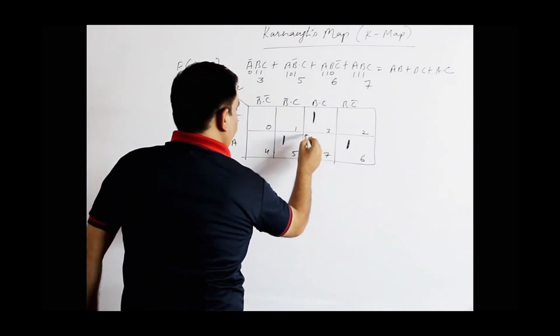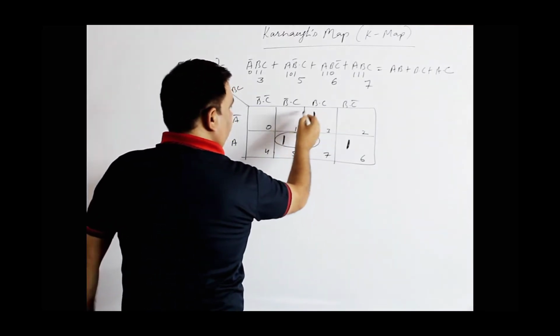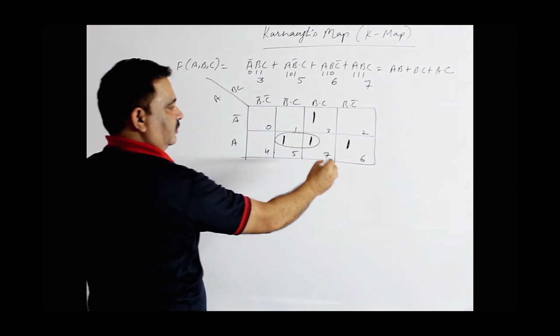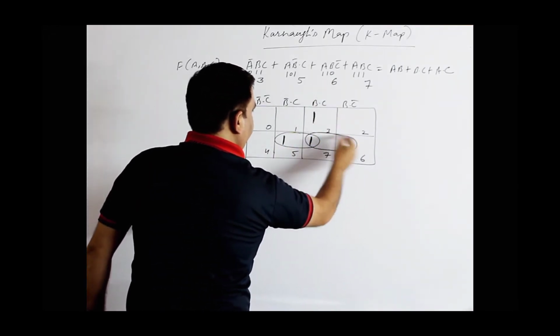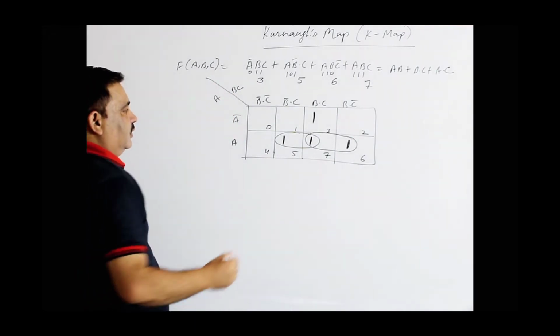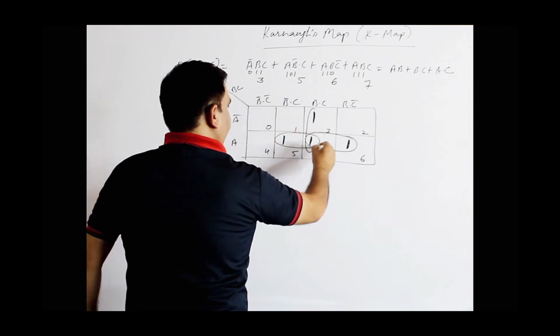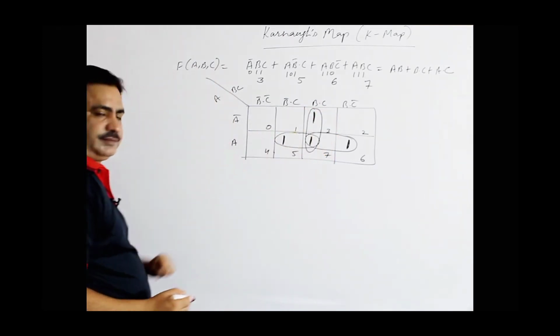So, 1 1 you can form the pair. You can't form a pair like this, it is wrong, either horizontally or vertically. So, horizontally again you can form this one, a combination of 2 ones, not 3, a combination of 2 ones. This one is left, you can form with the help of this one. So, now we have 3 pairs.